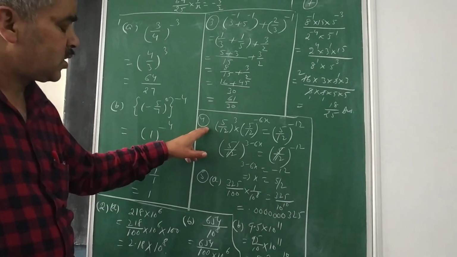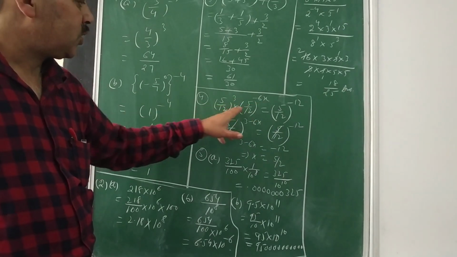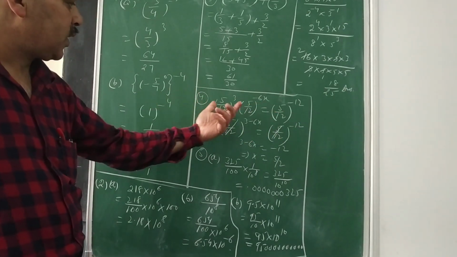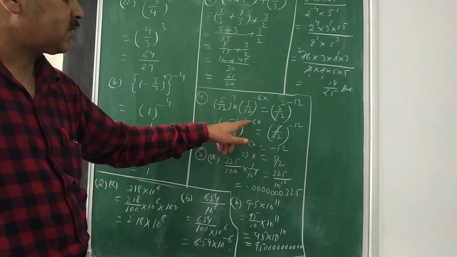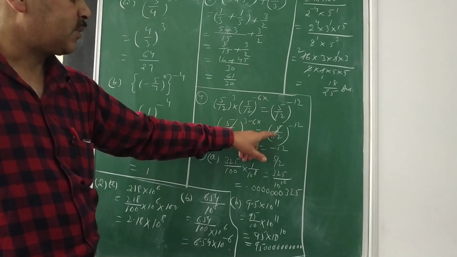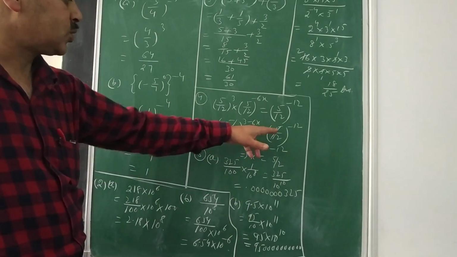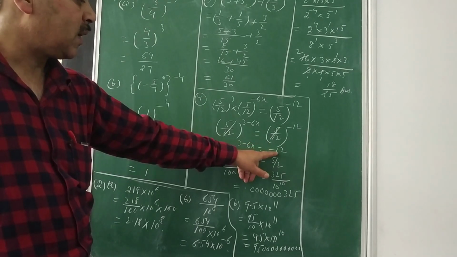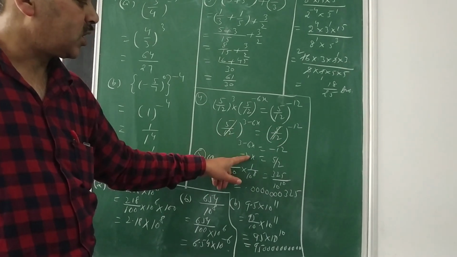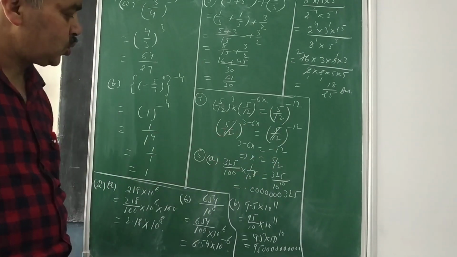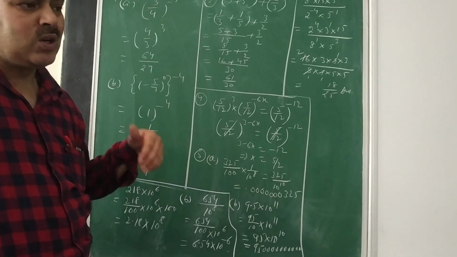Then your fourth question, now your x is lying in the power. You need to check the bases. Apply the law. In left hand side bases are same, you have to add the powers. 3 plus minus 6 will make it 3 minus 6. Here 5 upon 12 raised to the power minus 12. You need to cancel the bases, both sides are same. Then equate these powers, linear equation in one variable, do the calculations and check the value of x is equal to 5 upon 2.